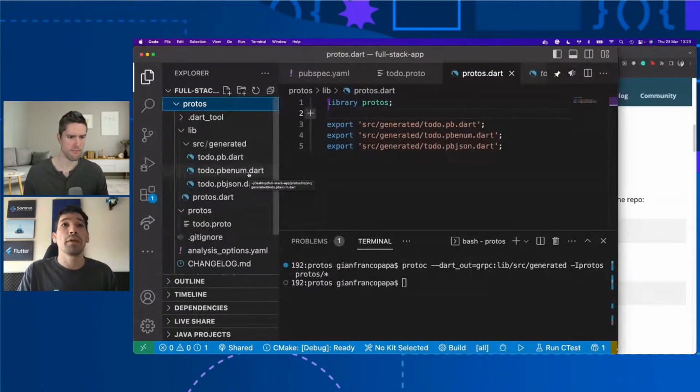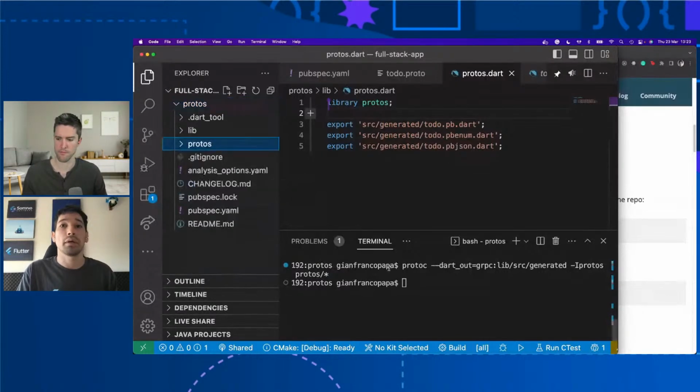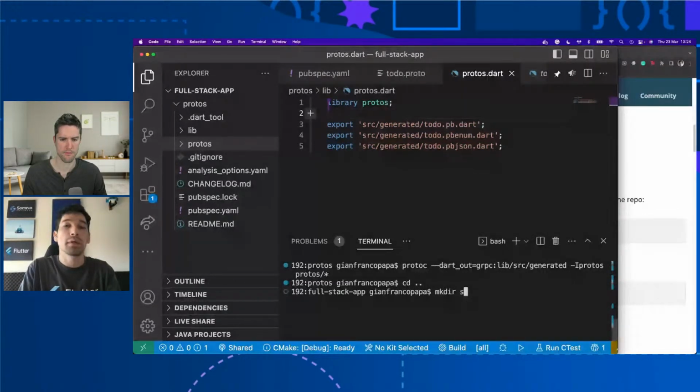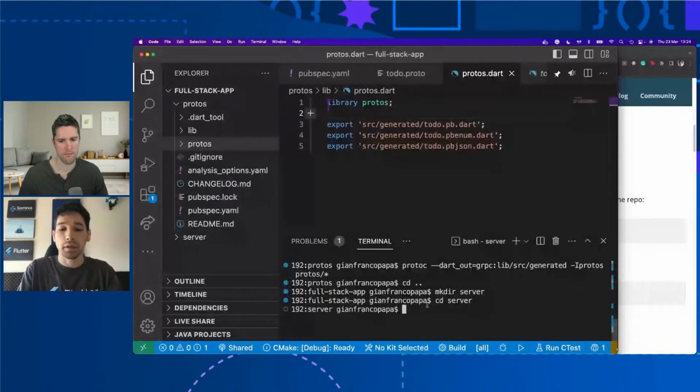Okay, so maybe another thing we can do right now is to create our backend in a separate package, okay? Sounds good. Perfect. So maybe we can go back to our full stack app and create, this time, a server. I'm just creating another folder, and if we enter this folder, here I would like to use another template because